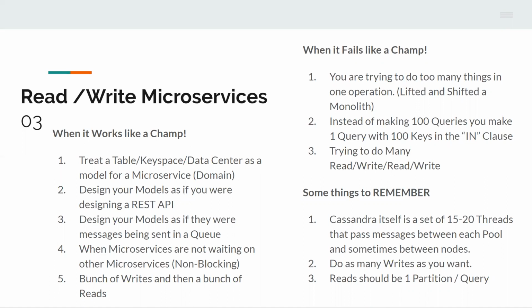Whether you use microservices or not, ultimately, asynchronous processing is how they get done, how big systems get done. So things to remember: